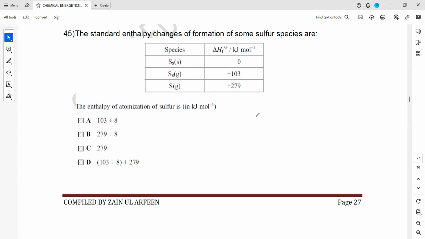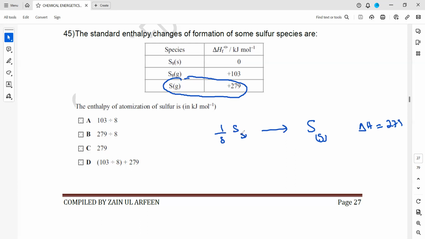What does it mean? When we produce one, you don't need a calculation because it's already given. When a sulfur atom is produced in a gaseous state, the energy is 279. If I want to produce one sulfur atom in a gaseous state, the energy change is 279. And how will this one sulfur atom be produced? We need 1 by 8 of S8